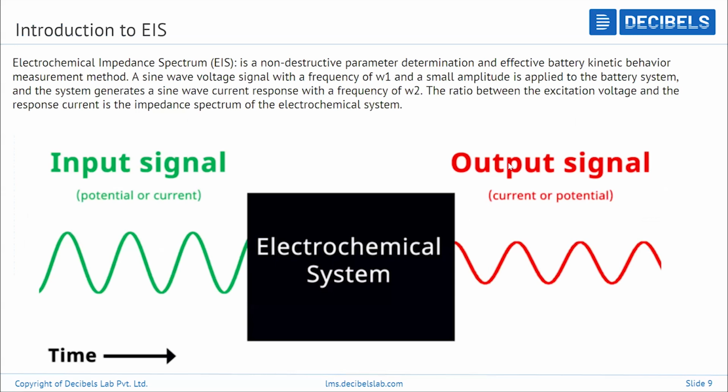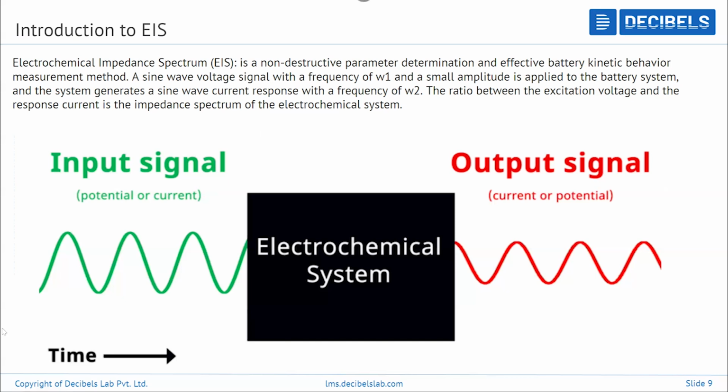Okay. So EIS in the long form is electrochemical impedance spectroscopy. It is a method to capture the battery kinetic behavior. Okay. So at one particular frequency, a sine wave with amplitude is applied to the battery. The sine wave is nothing but your current itself in the form of a sine wave, and the system generates a sine wave response at different frequencies. Okay. So whatever you are seeing here,